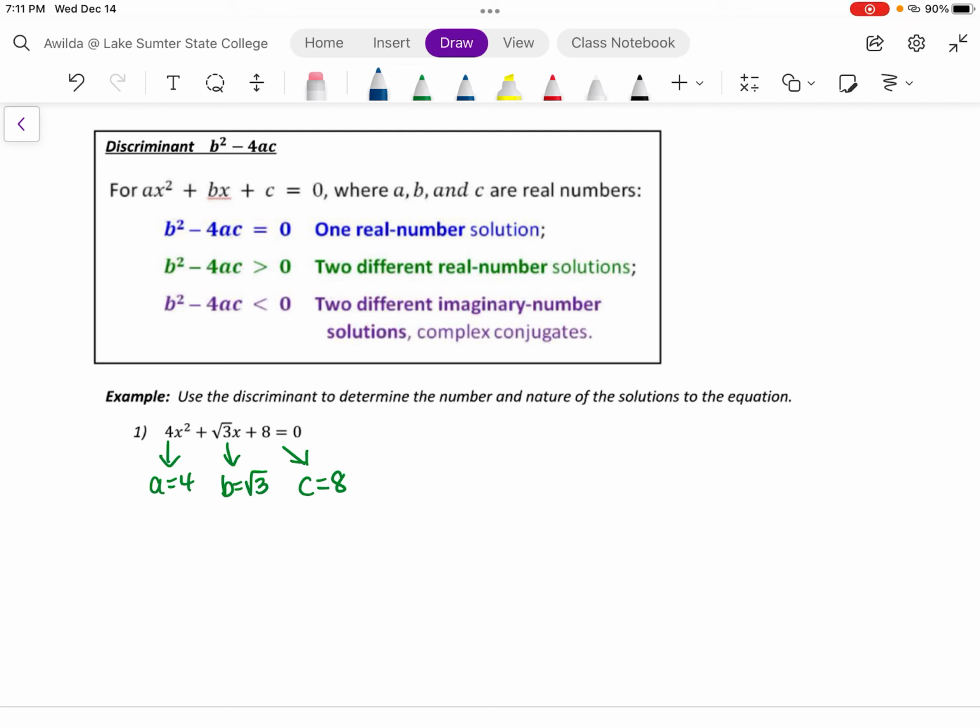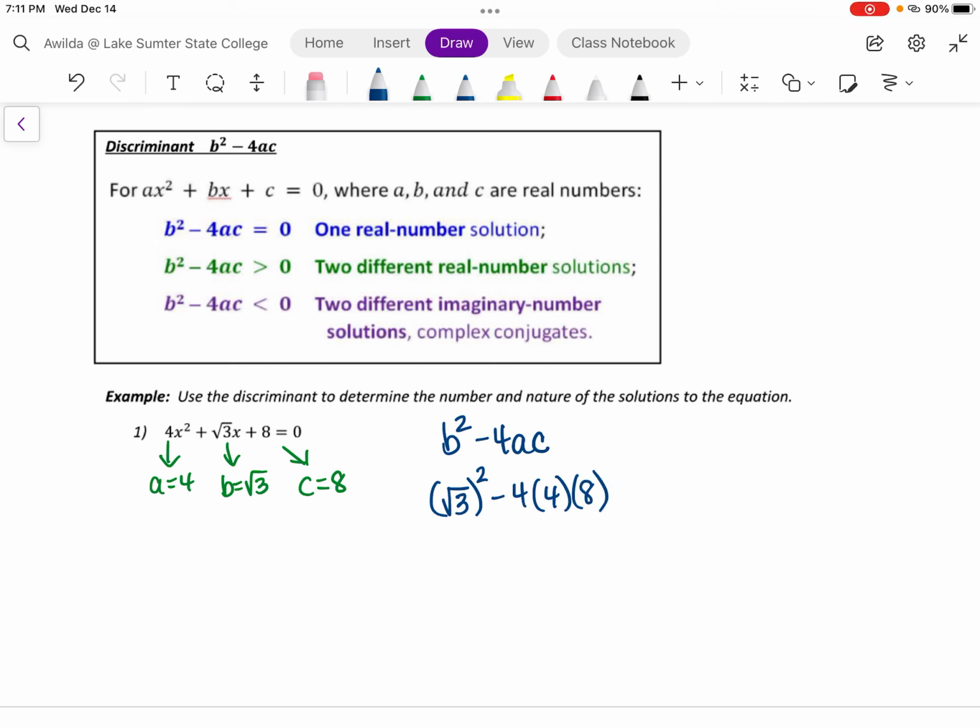By calculating the discriminant, we can determine how many solutions we will have and of what type. In this case, b quantity squared is the square root of 3 quantity squared, minus 4 times 4 times